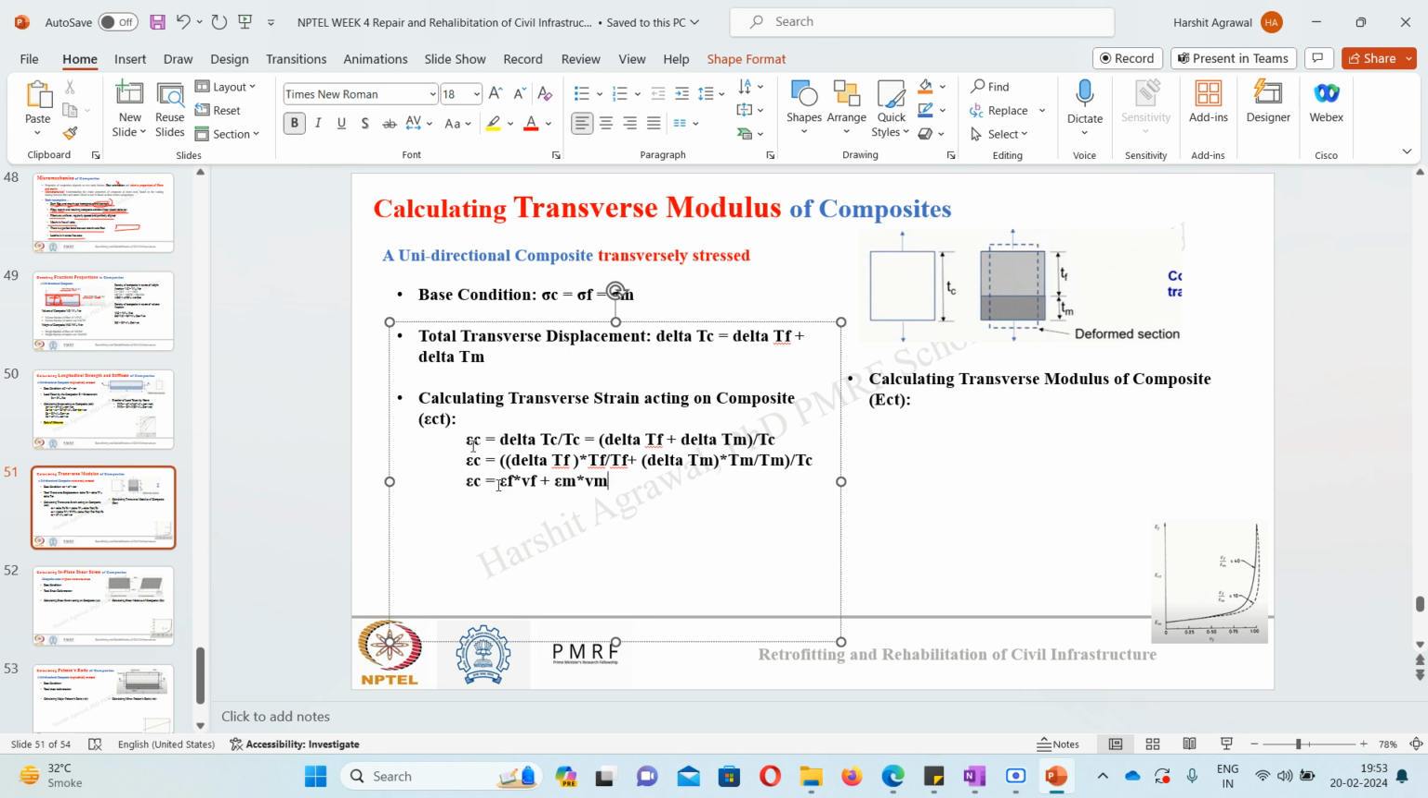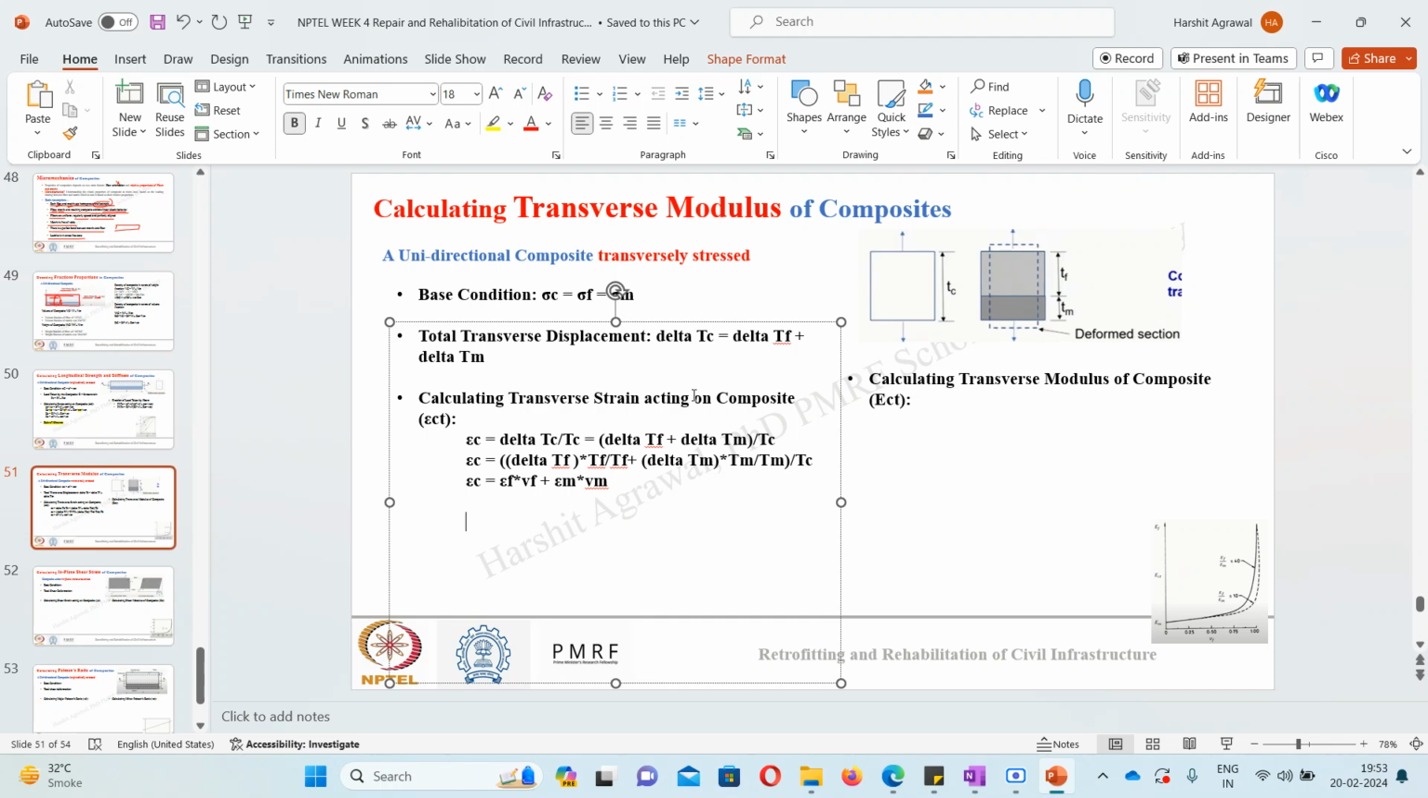Now suppose I don't know the strain in fiber and matrix. I can simply write strain in terms of stress. I know the stress that is acting, so I can write strain in fiber as stress upon elasticity of fiber, and the strain of matrix as the stress in matrix upon elasticity of matrix, and thus I can calculate the transverse strain acting on my composite. So this is how you can do the calculation, very simple. Writing strain in terms of stress,